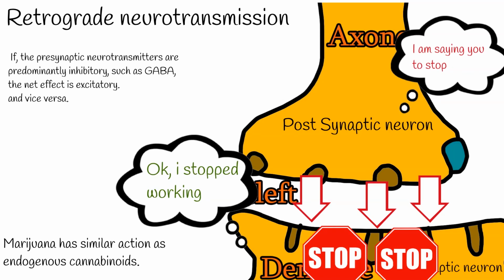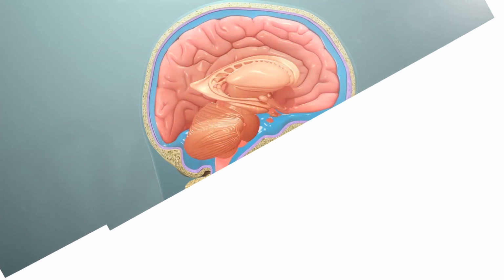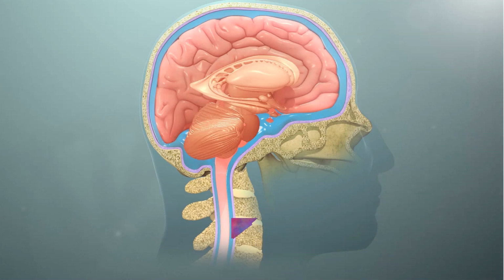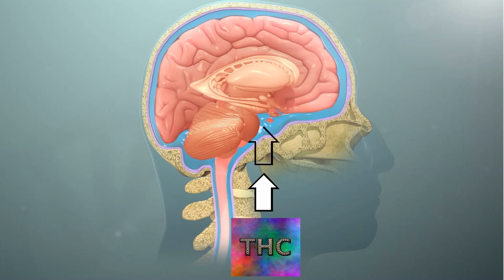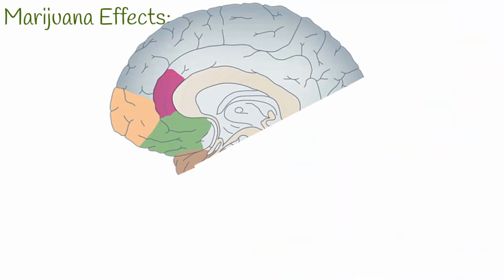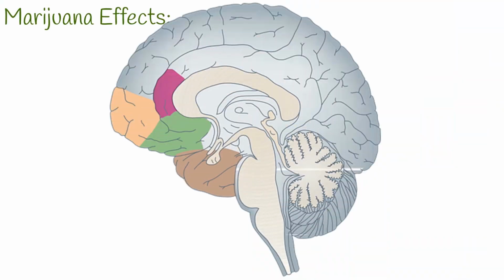Marijuana has a similar action as endogenous cannabinoids. Marijuana's main component, tetrahydrocannabinol, is lipid-soluble, so it can easily reach the brain and has a psychotropic effect. Binding to different parts of the central nervous system mediates different psychotropic properties of cannabinoids, in particular THC. These areas and end effects include